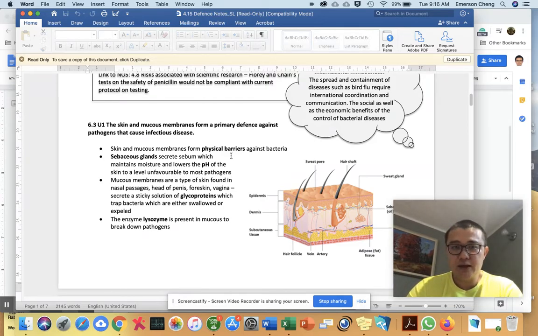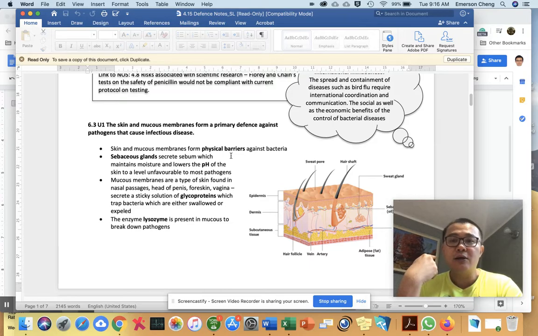basically, non-specific immunity is you're just trying to prevent any type of pathogen, any type of bacteria, from coming inside you. It's not specific to one type of bacteria or one type of pathogen. It's really just to protect from any kind. So, for example, skin and mucous membrane,